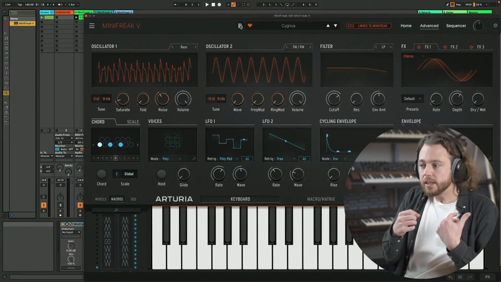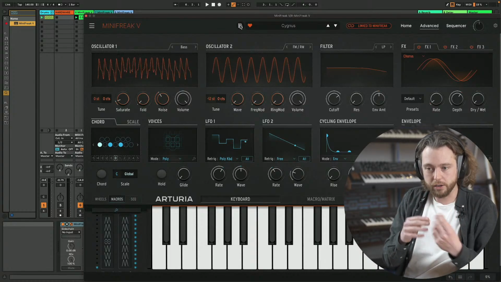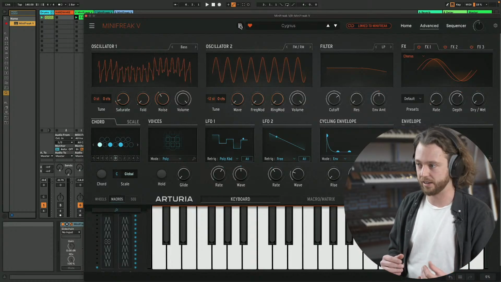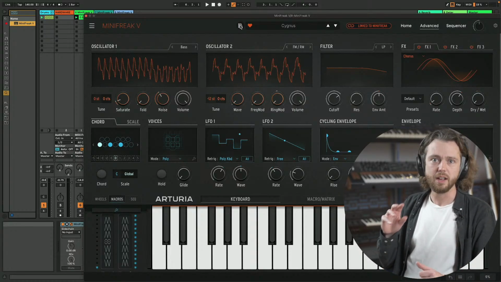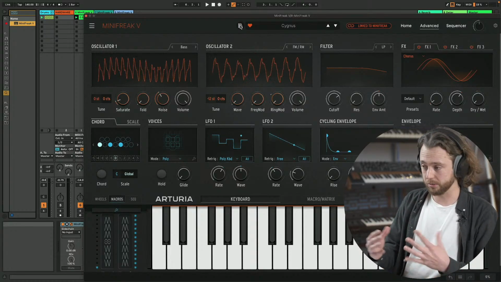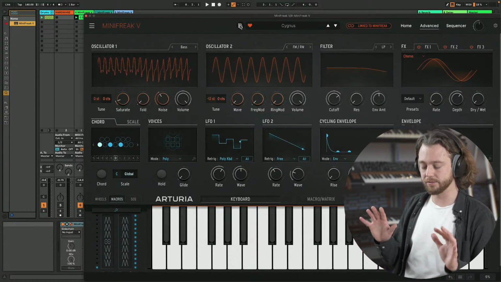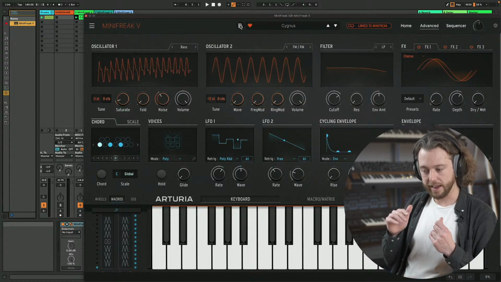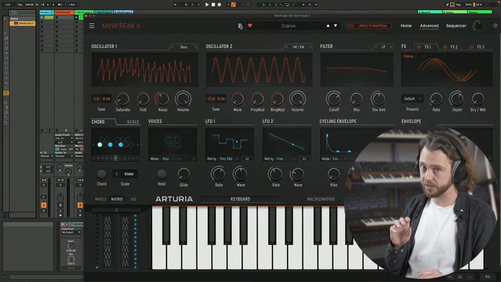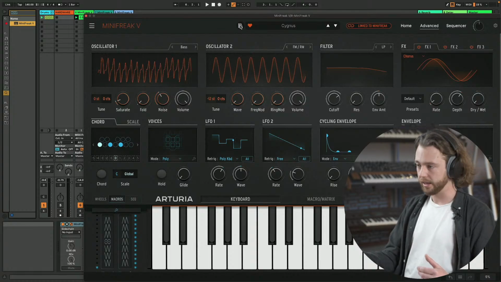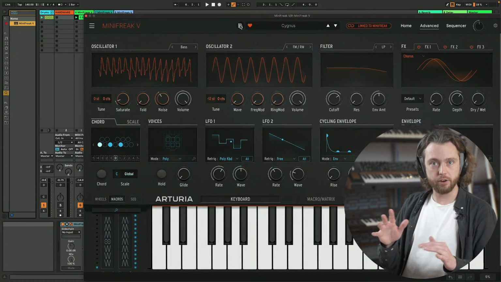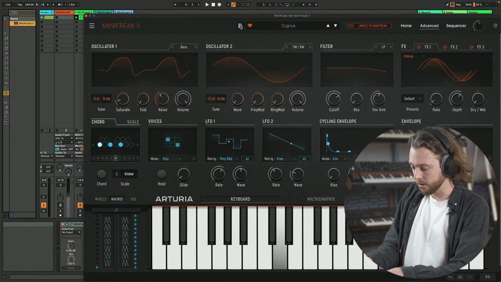How could we put forward the particularities of digital? How can aliasing be aesthetic? How can very harsh FM patches become something pleasant? And I really like how this instrument, how the sound has this kind of erratic, glitchy overall vibe to it. It can sound very clean. Maybe we can listen to more of the cleaner, more simple patches, but